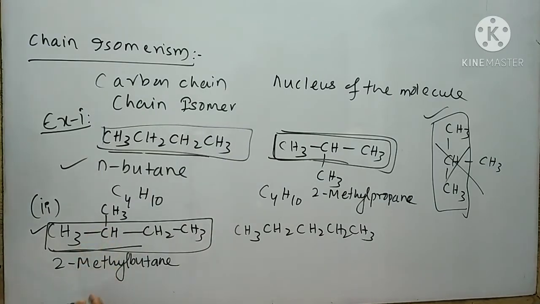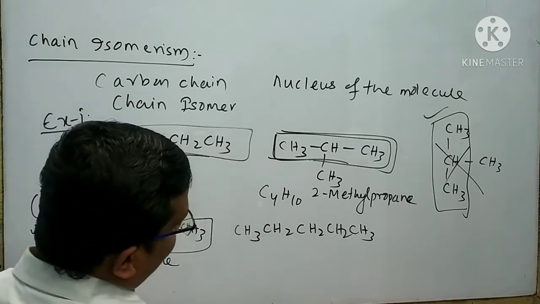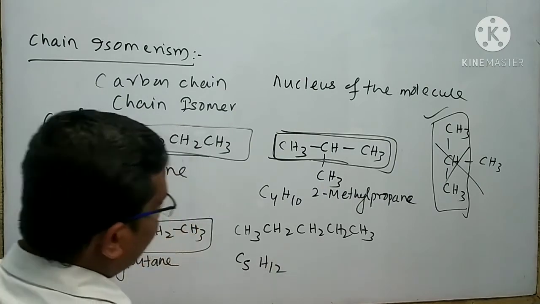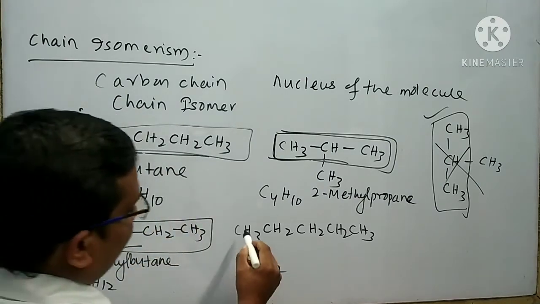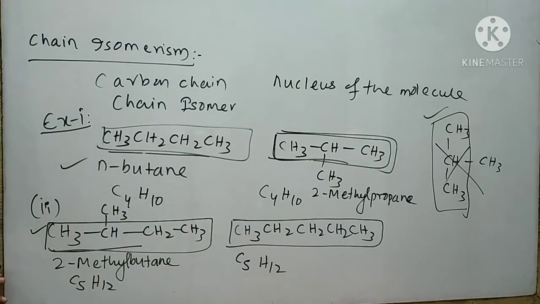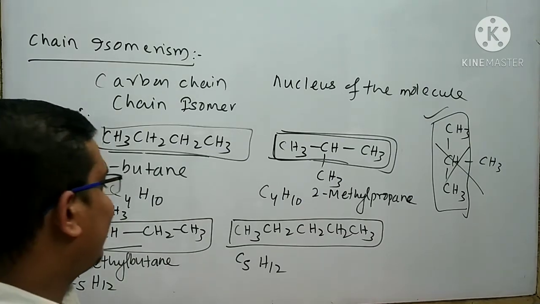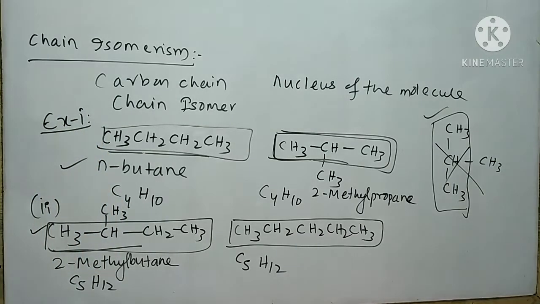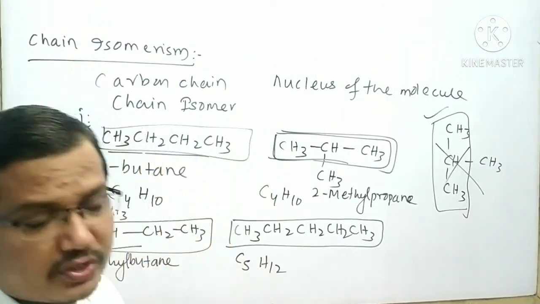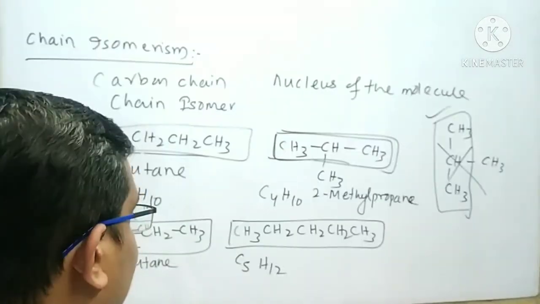Look at that, this compound has the formula C5H12. This organic compound also has molecular formula C5H12. Here the structure of the carbon chain is this. Next I want to draw another organic compound by decreasing the number of carbon atoms present in the parent chain. Suppose I want to draw an organic compound which has 3 carbon atoms in the parent chain,